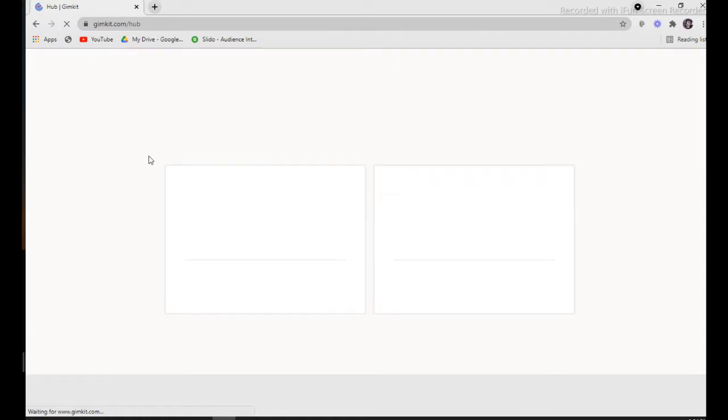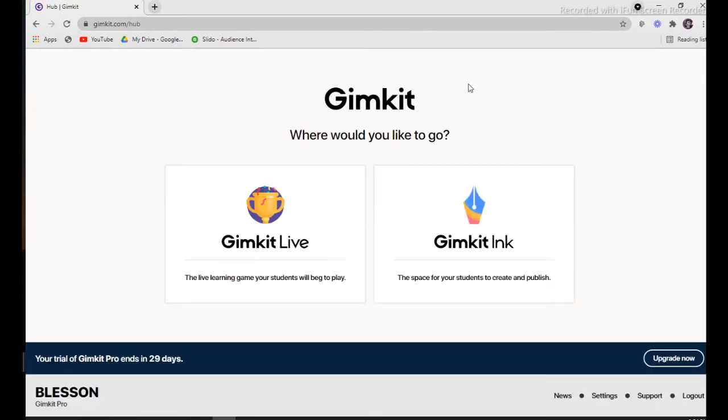to the GimKit homepage. When you're logging in, it will ask you to log in or do an educator sign up. You can sign up as an educator and log in with your own mail ID or Google mail ID. When you continue with Google mail ID, first of all it asks you to type your first name, last name, and password. Any password you want, you can give, and you have to accept the terms and conditions. If you click OK, it will take you to a page like this.